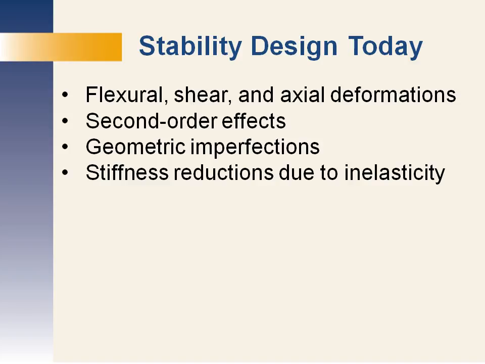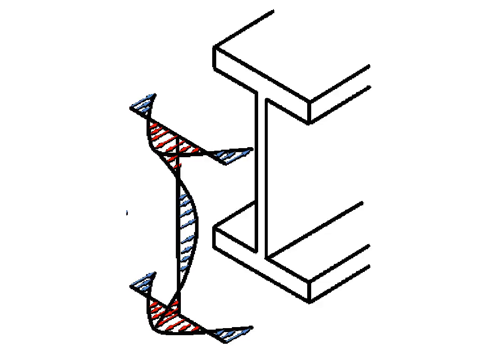Next, it requires that we look at stiffness reductions due to inelasticity. Said a little more simply, this is that we have to consider residual stresses. Here's a typical distribution. For a W shape, the tension areas are shown in red, and they get locked in as the shape cools because the extremity of the cross-section cools first as that shape is being made. They balance the tension with their residual compression in those other regions shown in blue.